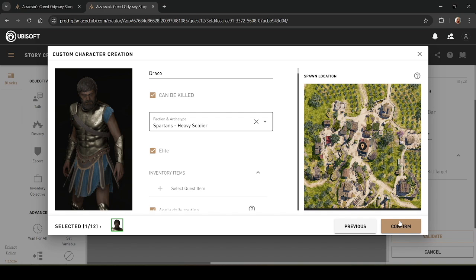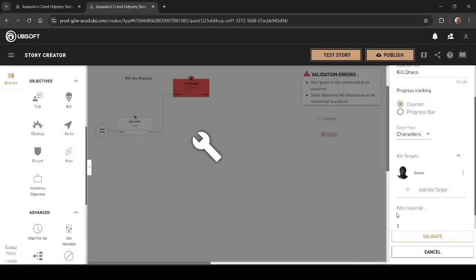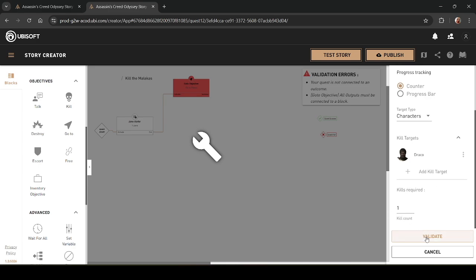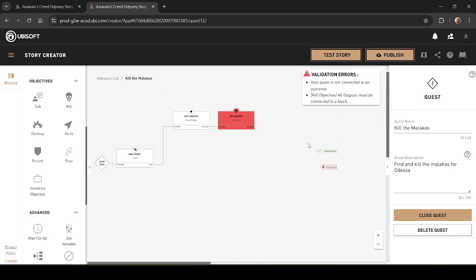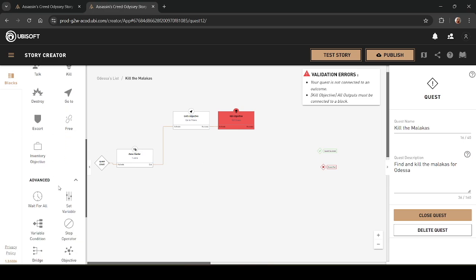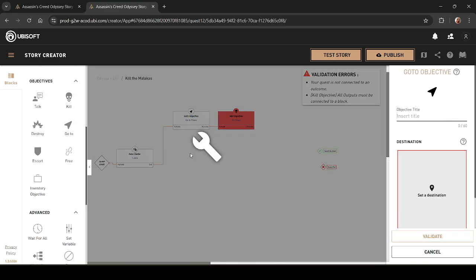So daily routines, for example, if it's night, they'll go to sleep. If they're set as a certain faction or archetype, they'll start to behave like whoever they're designated to be. Right, so kill class 1 here. Connect those two. And before we connect these into each other, we're going to do this 2 more times. Same thing, we're going to do a go-to objective. This time we're going to go to